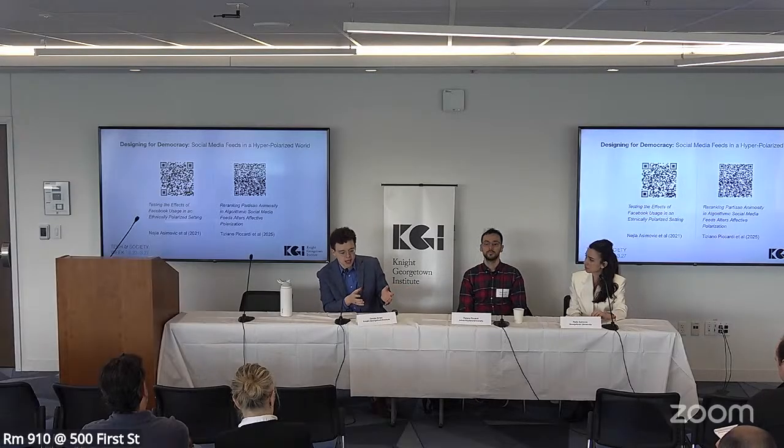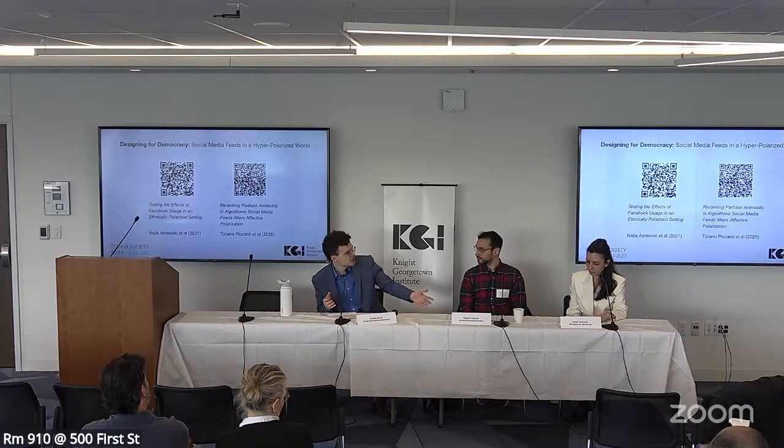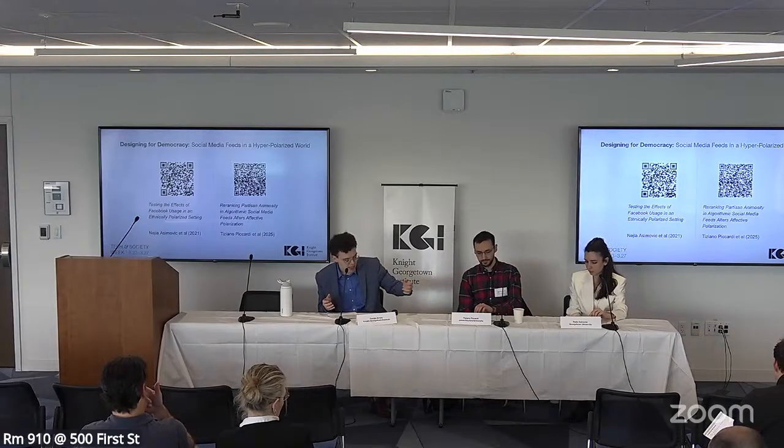One of the things I'm really excited about in putting these papers in conversation is how it speaks to the multidimensional nature of the problem. Right? It's algorithms and what's happening offline. I think both your papers point to those different dimensions of social media and polarization. Nayla, you talked about algorithmic design and needing more alternatives. Tiziano, your paper explores what those alternatives could look like, and we'll get into that.